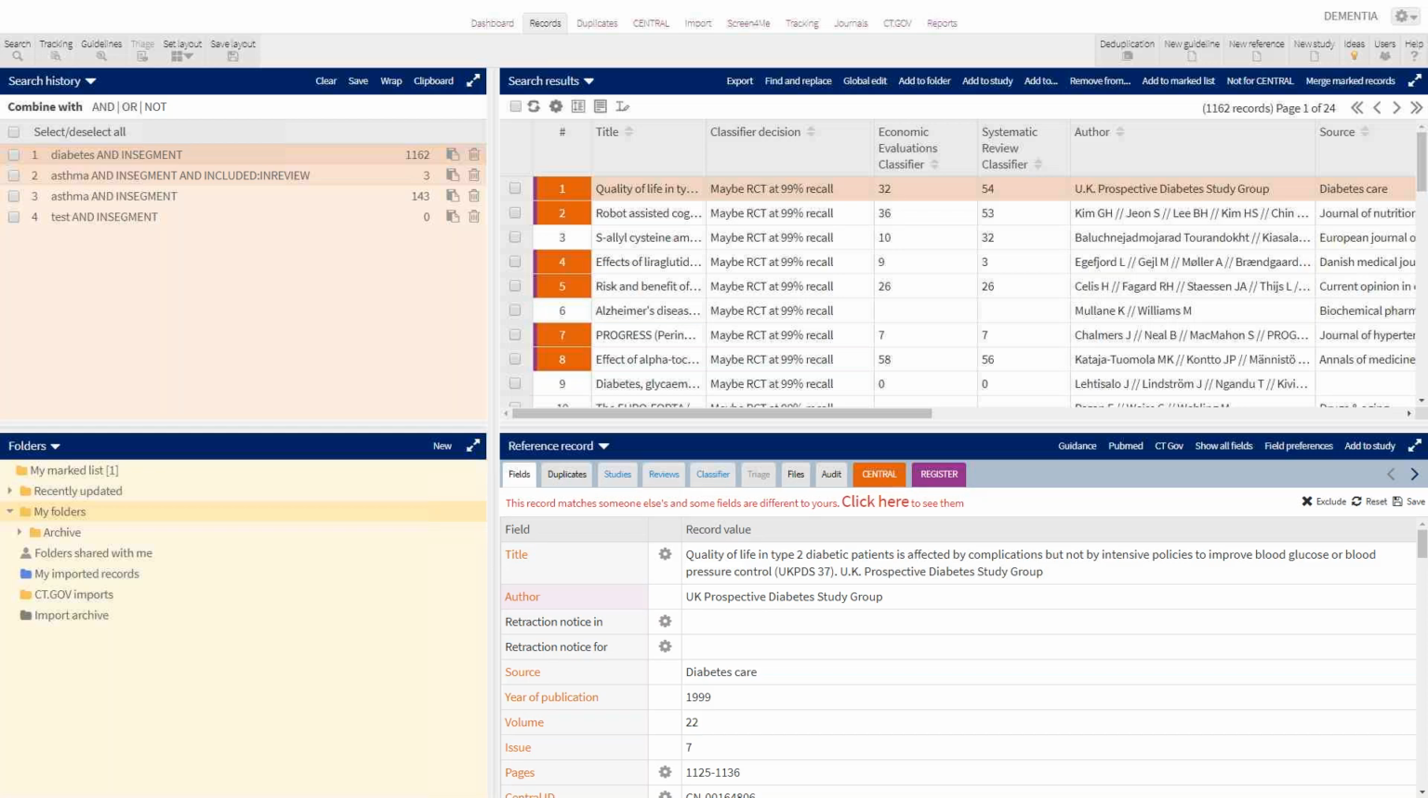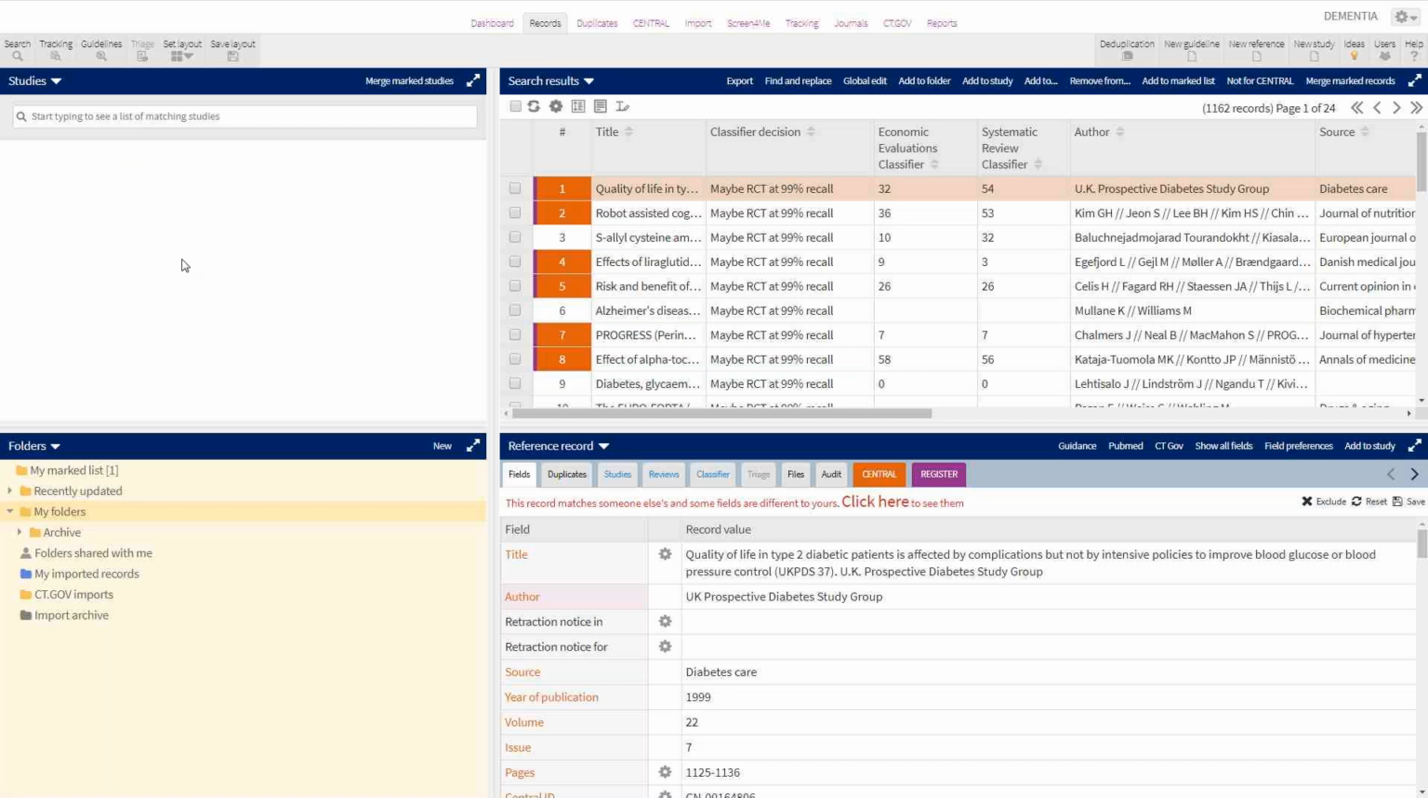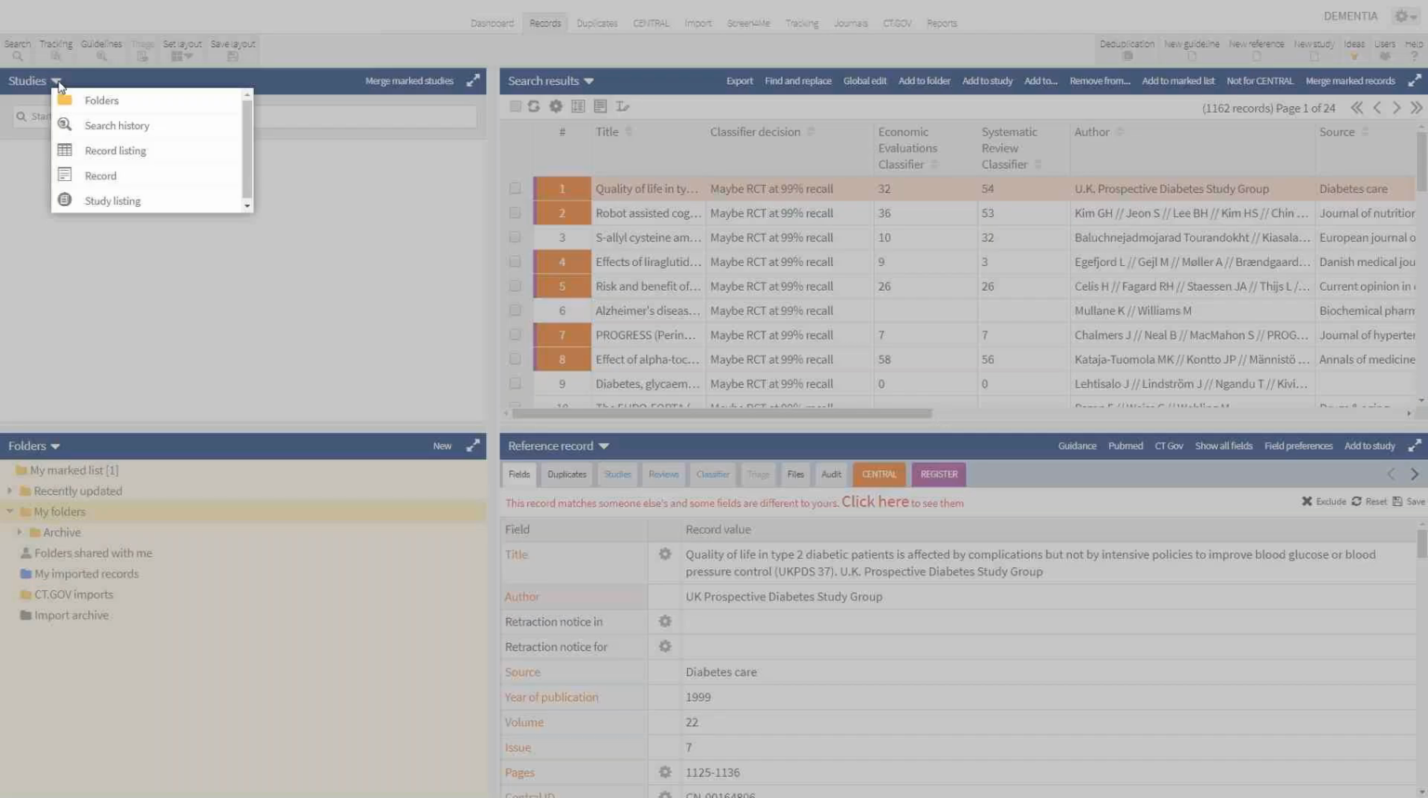The next thing that you can do is to change the content of each of these panels. And you do that simply by clicking on the arrow at the top of each one. And you can see that you've got a list of things that you can put into these panels. Let's change this one, for example, to have, let's go for a study listing here because I want to talk about that separately. If I were to change it, for example, to